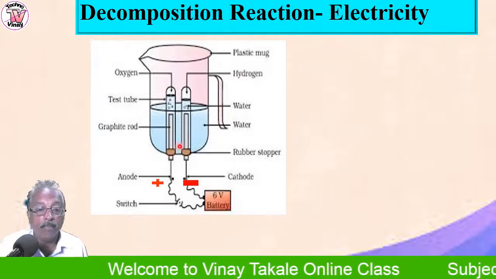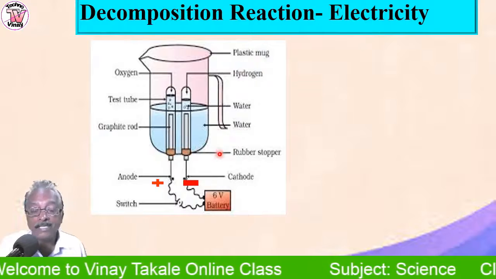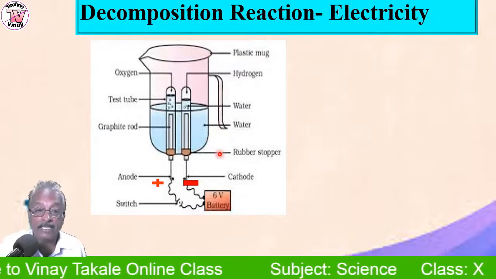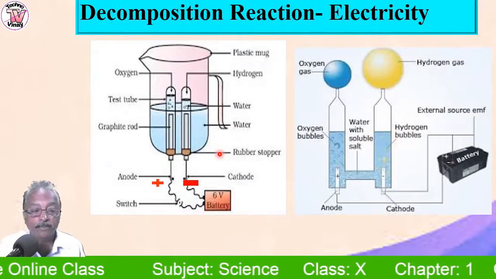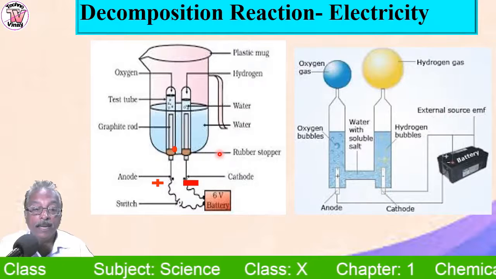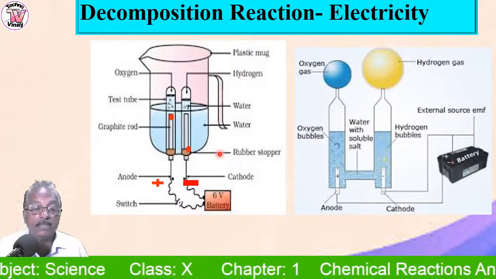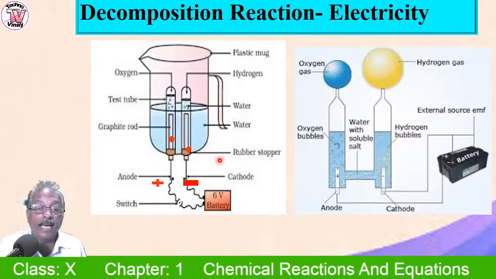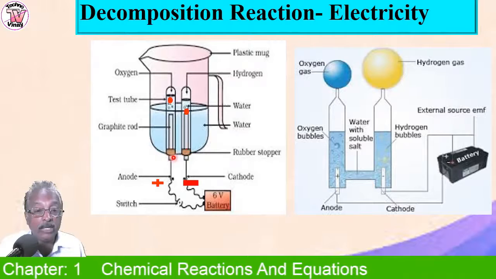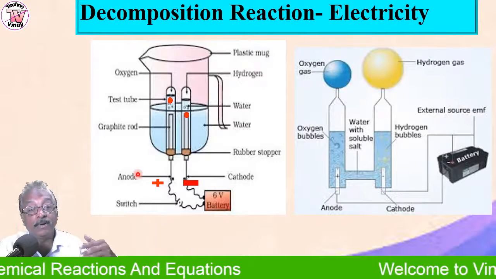Followed? So on passing electric current, if you observe here, at both the electrodes a gas is given out. So how will you come to know a gas is given out? A gas will be given out in the form of bubbles. At both the electrodes the gas is given out. You can see how, since the gas is light in weight, slowly it will rise. Slowly it will rise, and it is light in color. It will try to go up into the air.